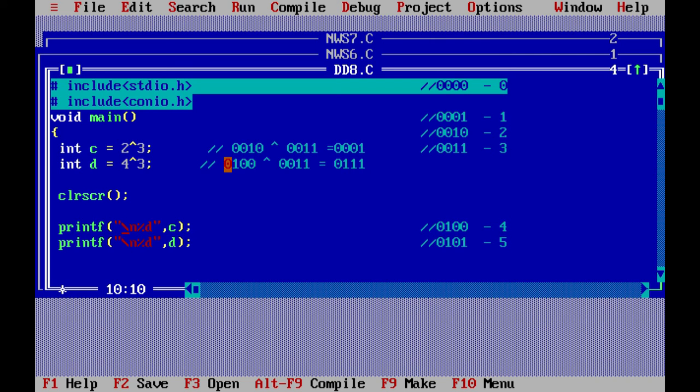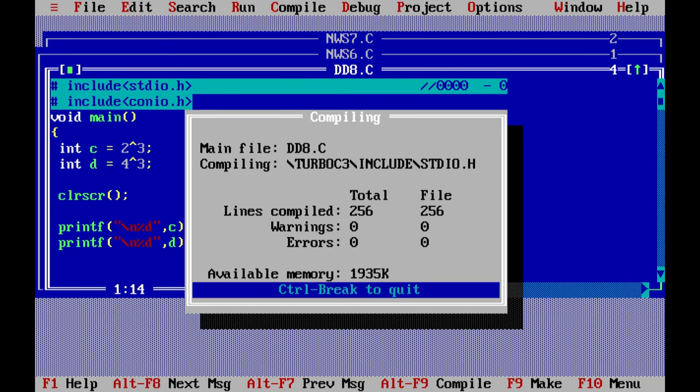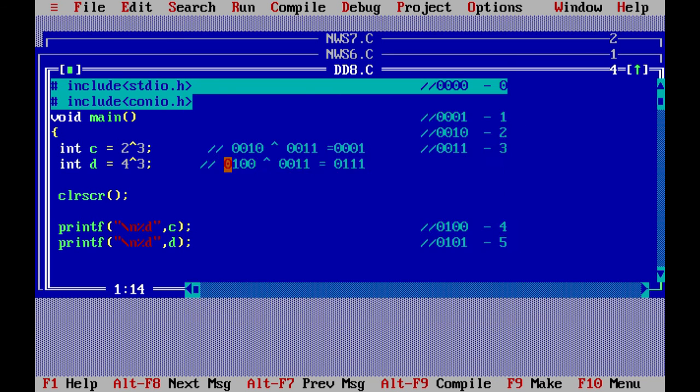Again we are printing the C value and D value. So let's see how the program executes and what output we will get. Again I save this file, Alt F9, then Control F9,